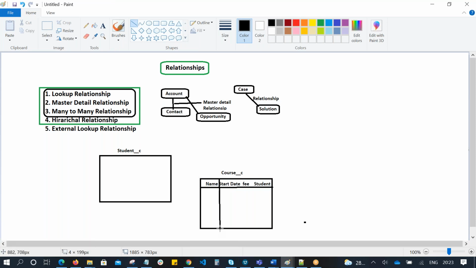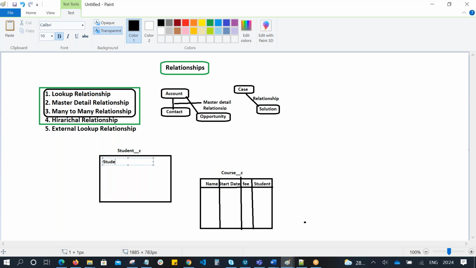Name column we have, start date column, fee column, and student column. Suppose here I'm maintaining student name, phone, and student email.